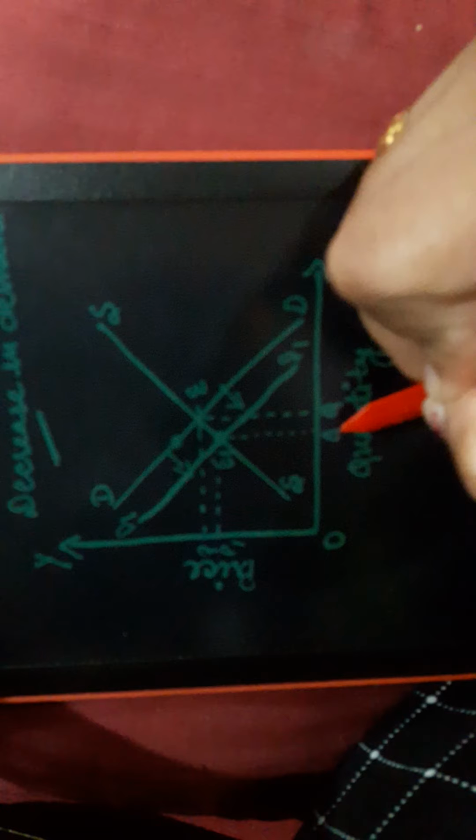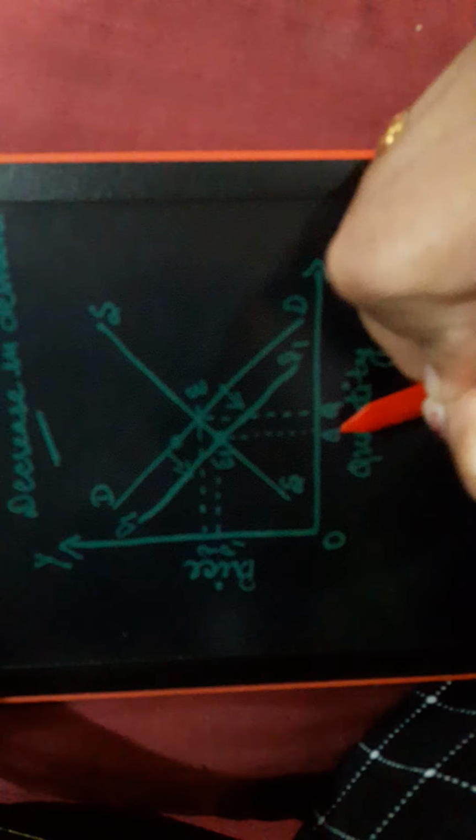We have completed the market equilibrium. Market equilibrium is a situation where demand and supply become equal at a point. That point is known as E, and it is showing the equilibrium over here. So for market equilibrium, demand must be equal to the supply.